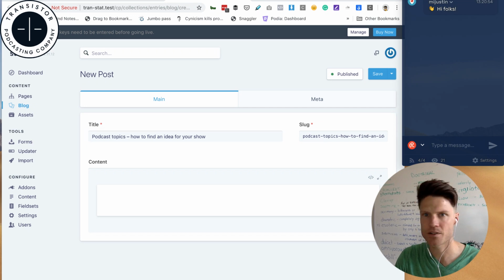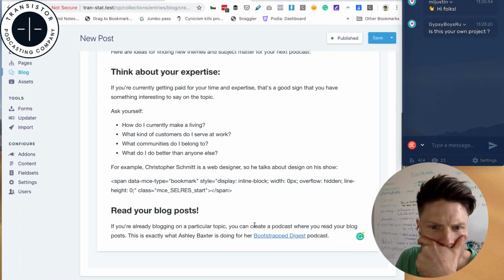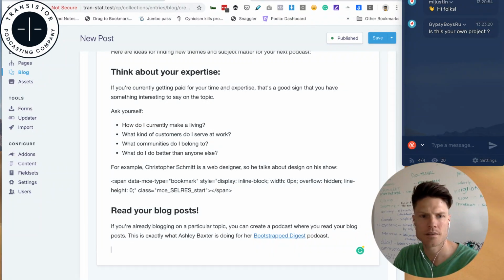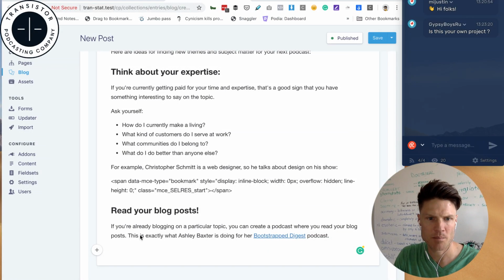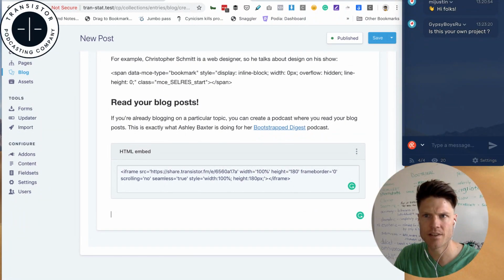The big thing is I just want to make sure the slugs are proper. Okay, so just gonna highlight all this, paste it in, and one thing we want to do is grab the embed here. So with Statamic, you can have these,